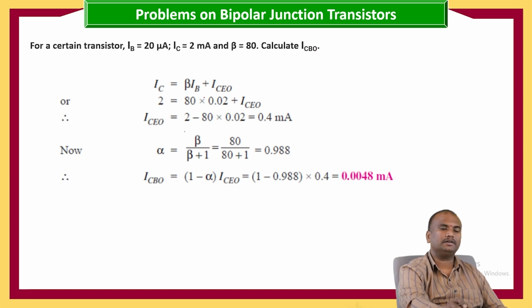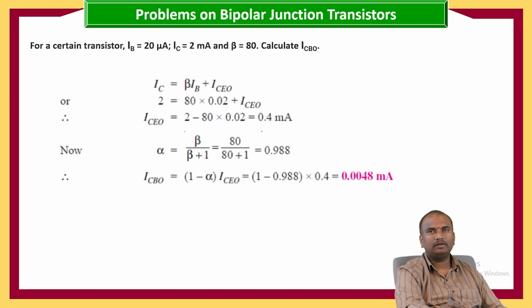Calculate ICB0, where IC is equal to beta into IB plus ICE0, that is 2 milliamperes is equal to 80 into 0.02 plus ICE0, where ICE0 is equal to 2 minus 80 into 0.02, which is equal to 0.4 milliamperes, where alpha is equal to beta by 1 plus beta, which is equal to 80 by 80 plus 1, that is equal to 0.988,